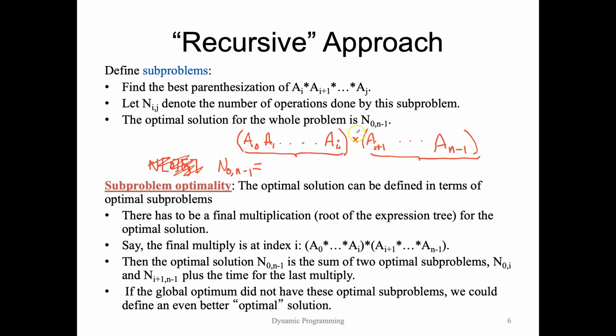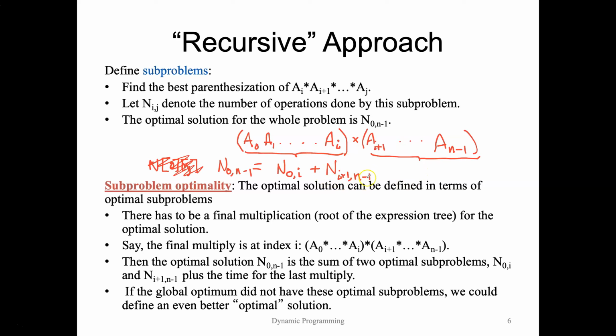So the cost of multiplying all of these matrices together from A0 up until A_i is exactly our subproblem, the minimum number of scalar operations it takes to multiply matrix A sub 0 all the way up until A sub i, plus however much it costs to form this right matrix. So we have to multiply matrices from A sub i plus 1